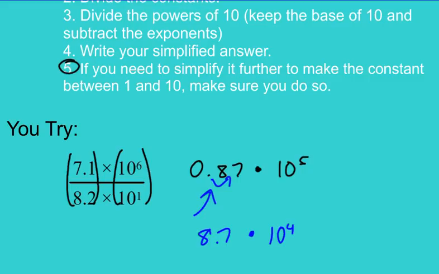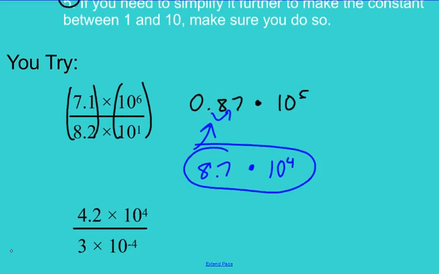So again, it's opposite of what you think of when you're going from scientific notation to standard notation. All right. Because since you moved it to the right one, you don't have to move it to the right anymore. So you can take one of those off. So it's 8.7 times 10 to the 4th. All right, one more